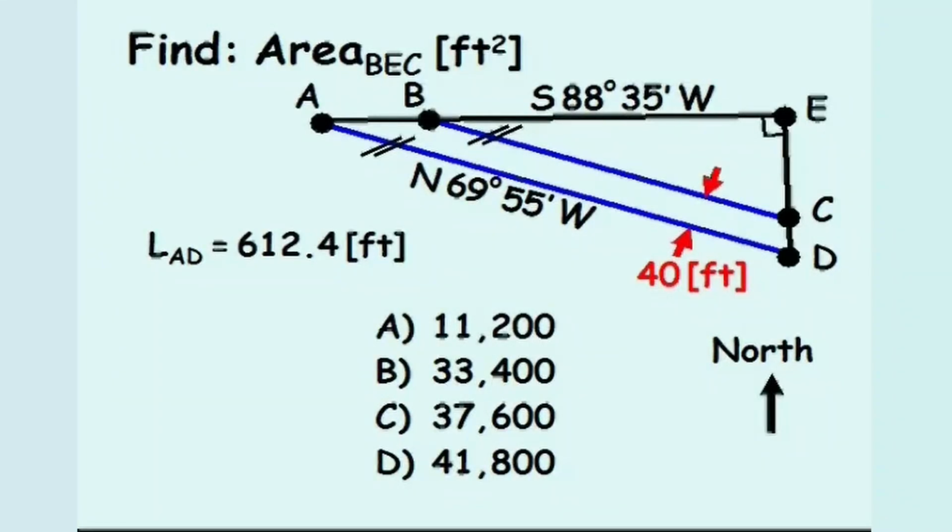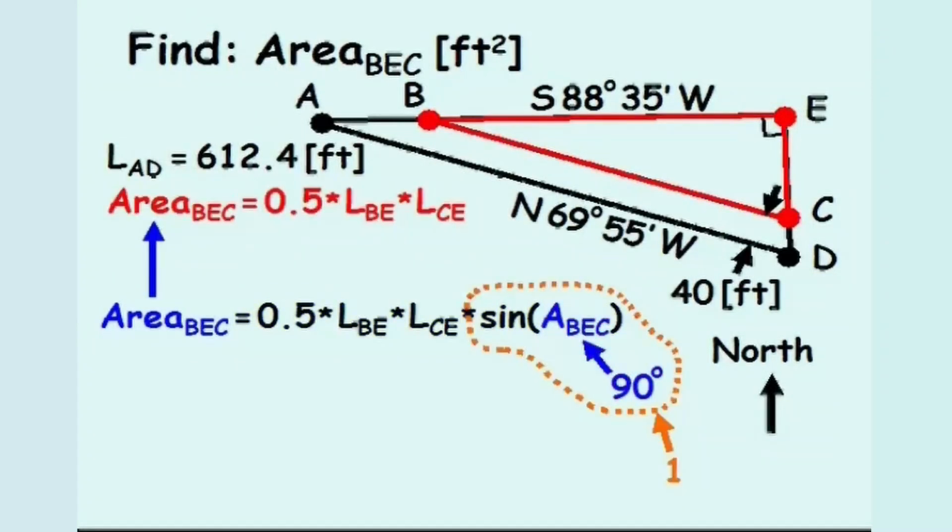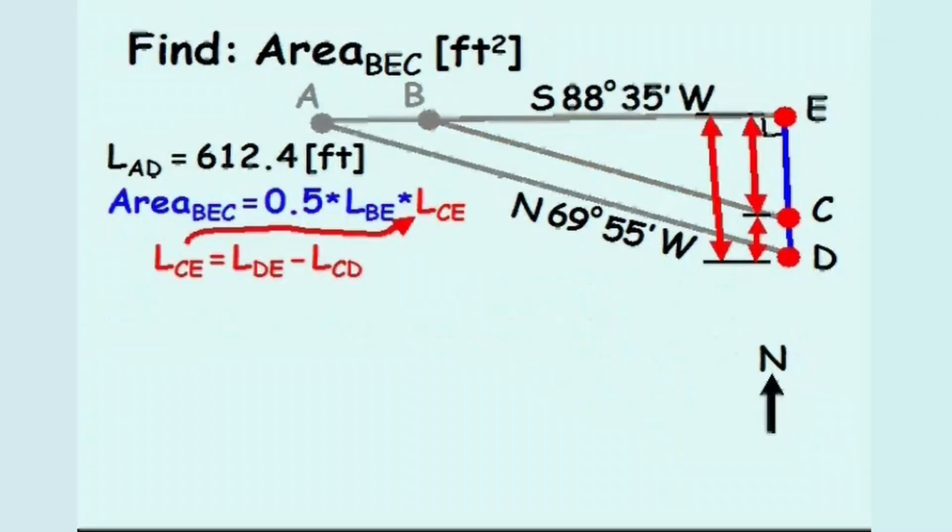The area of triangle BEC equals 1/2 times the length of side BE times the length of side CE times the sine of angle BEC. Since angle BEC equals 90 degrees and the sine of 90 degrees equals 1, then the last term in this equation can be removed, and the area equals 1/2 times the length of line segment BE times the length of line segment CE. The length of line segment CE equals the length of line segment DE minus the length of